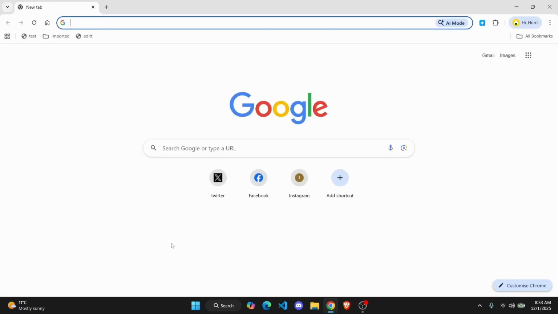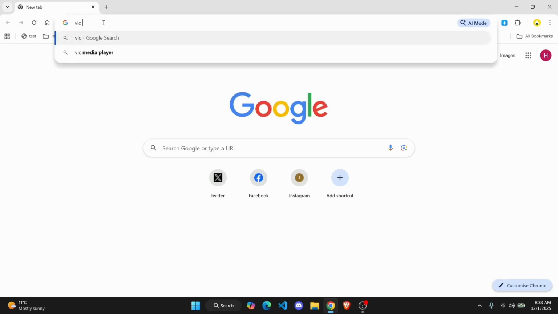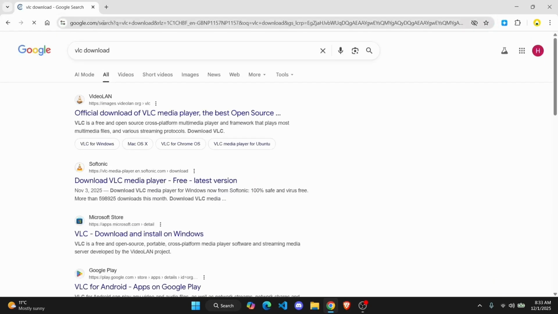In today's video, I'll show you a quick and easy way to install VLC Media Player on your Windows. Let's just get started. First things first, you need to go ahead and open up your search bar on your browser and search for VLC download. Hit enter and you'll find the official download link for VLC Media Player. Go ahead and open up this link,